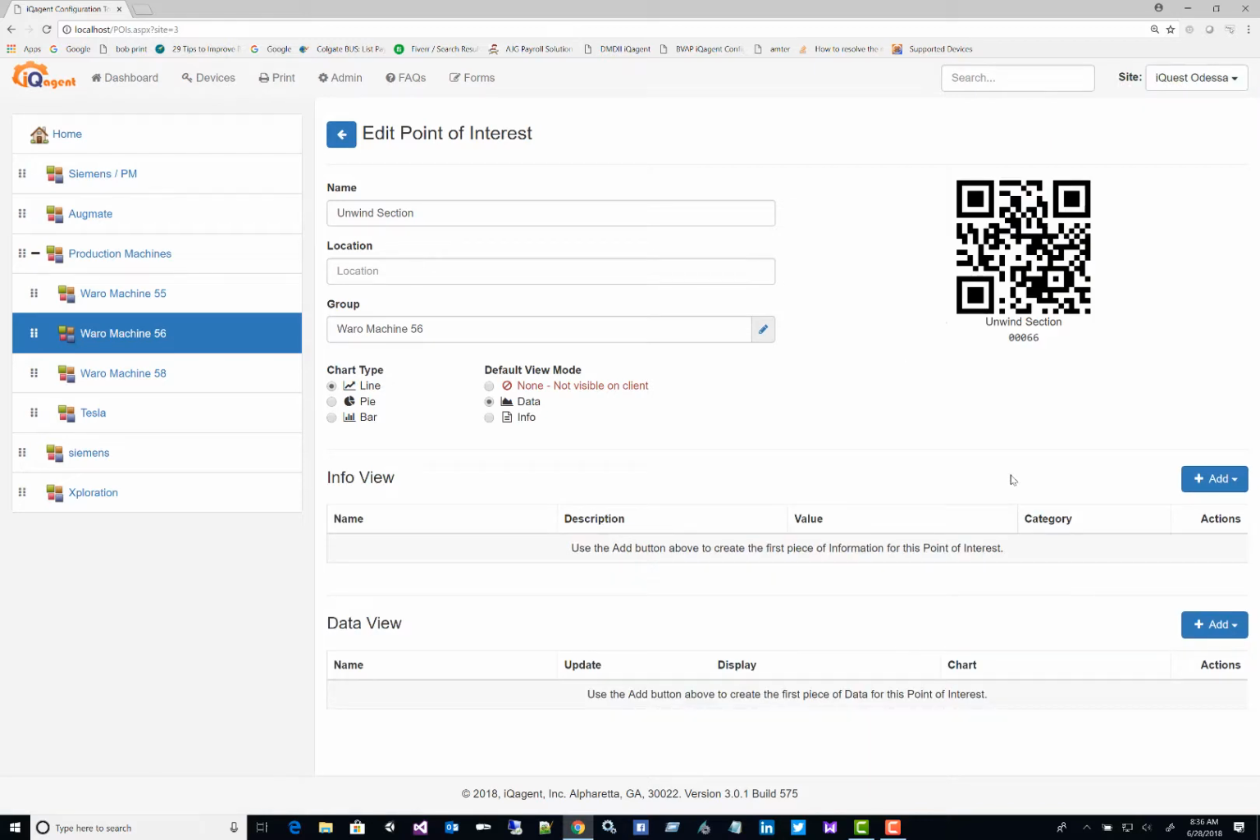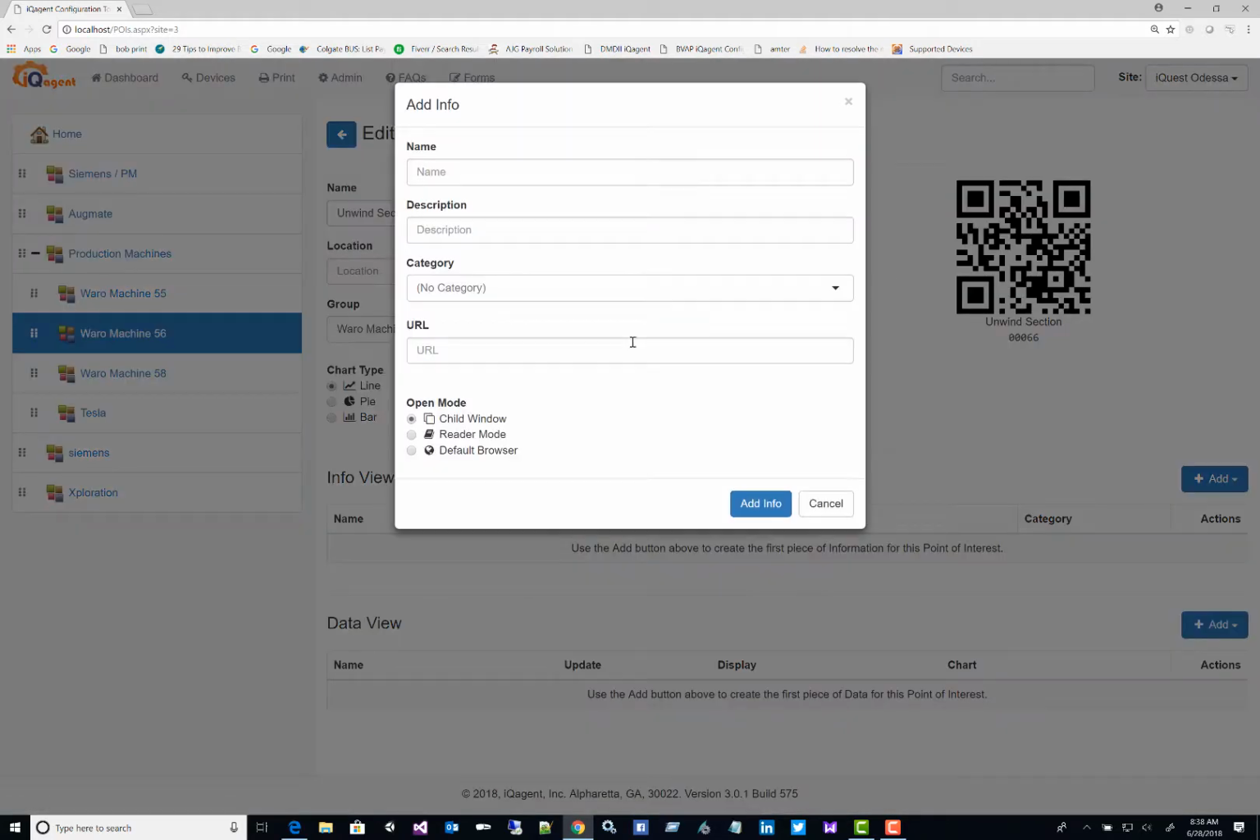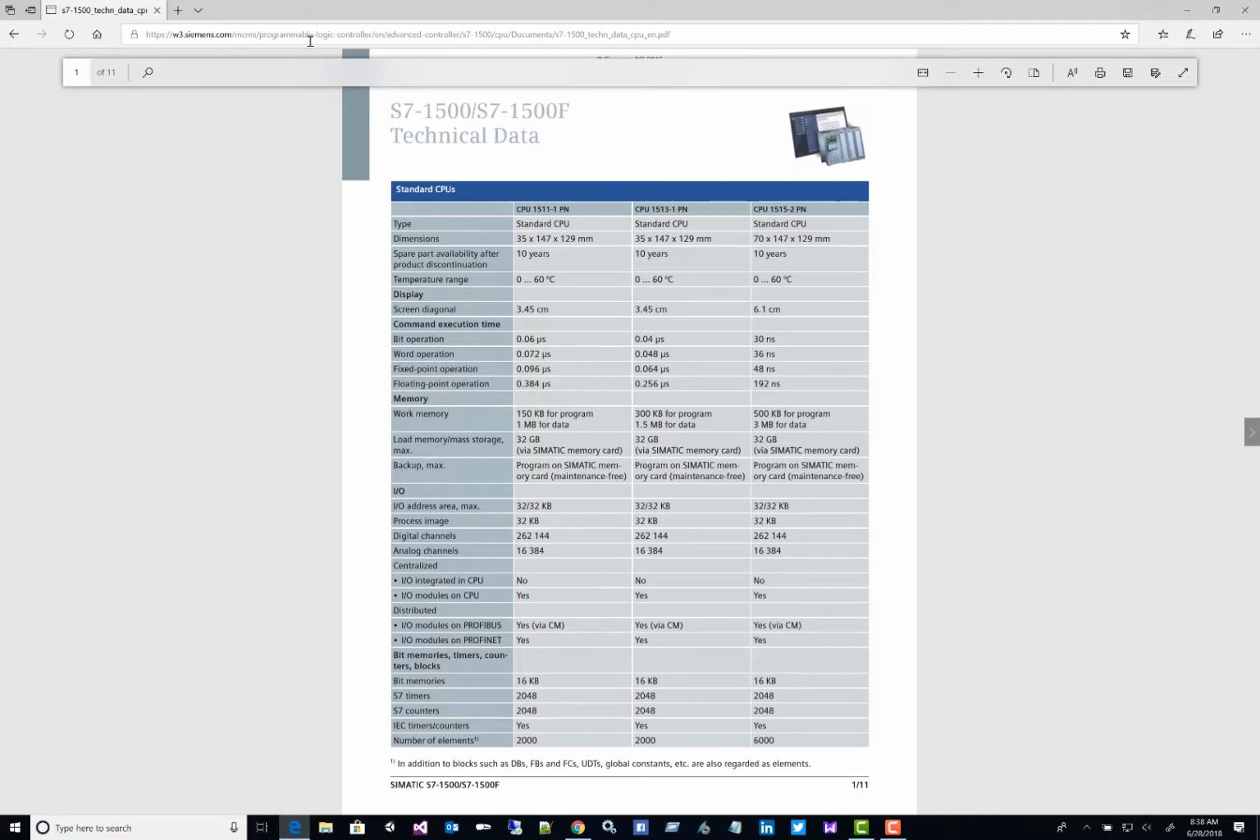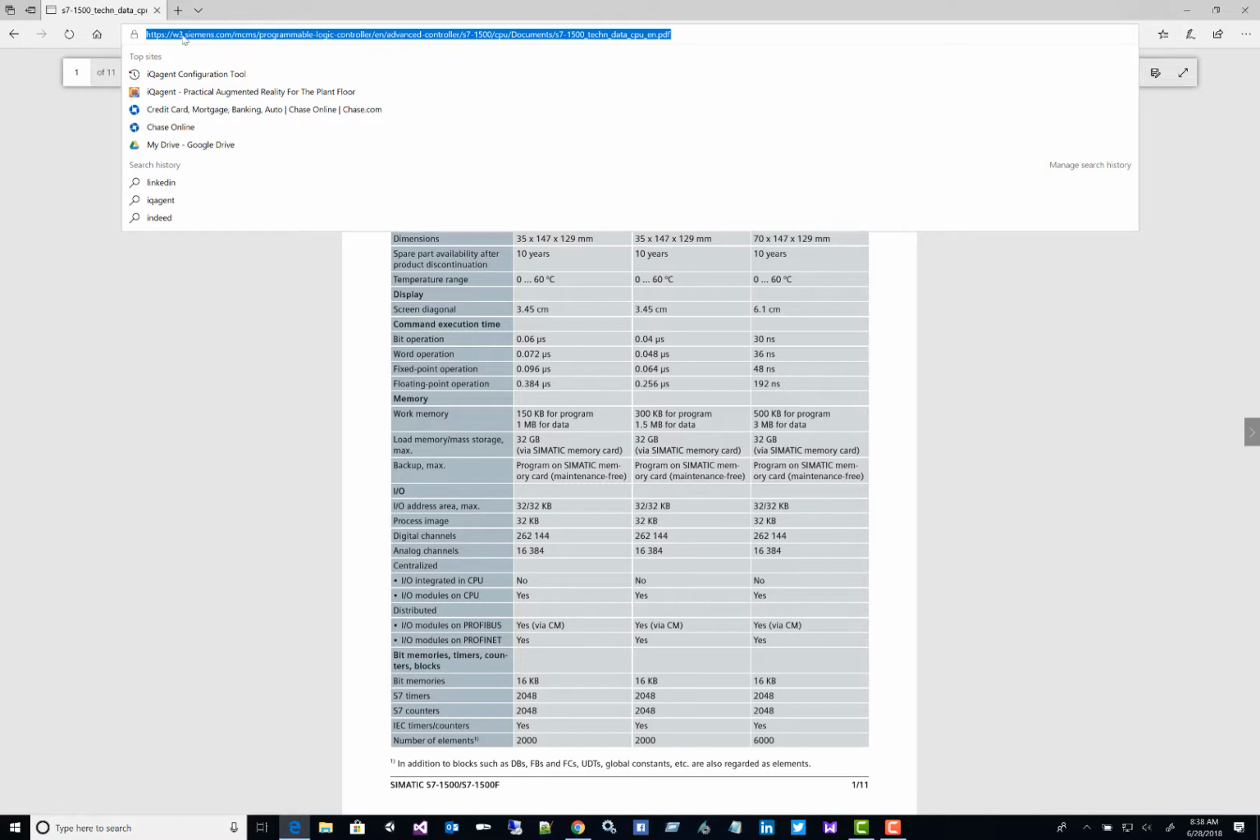And for the info view, we're going to add some documents. We could add documents by URL as long as we have some kind of link to them. So if you have documents on SharePoint or other document management systems, you can use a URL link. For this, I'll use a URL, and out on the web, I've got a link on the Siemens website to the 1500 technical data PDF. So I'm just going to copy that link,